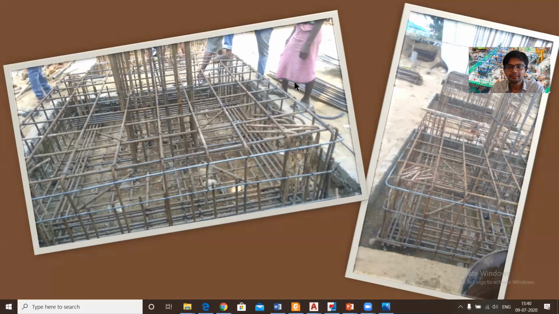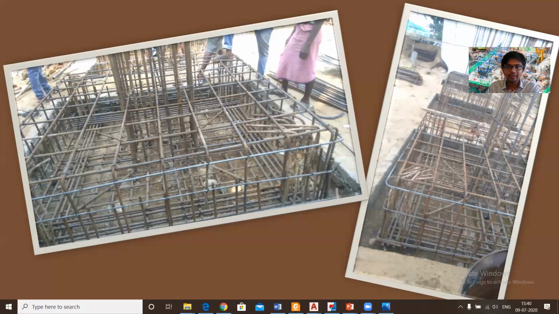So basically, moving on to the reinforcement binding now. As you can see here, below this reinforcement cage, the PCC work has already been done. PCC work is done to provide a stable surface to the footing so that it can transfer the load properly, and also so that, while casting, any water or other leakage in the substance doesn't come up. So that's why the PCC is done.